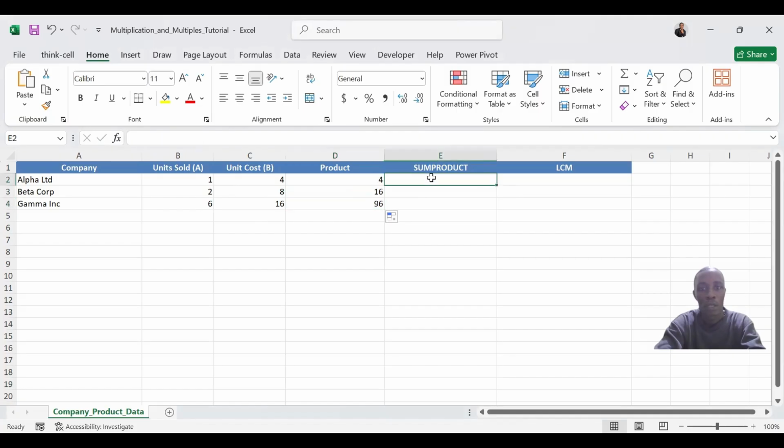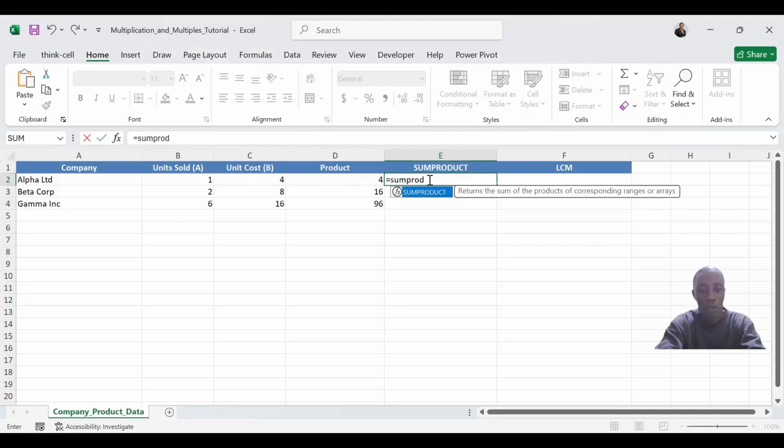Now, let's say I want to take the sum product instead. That is, I want to multiply the values I have in my cell B2 and C2, then add what I have as a result to the product of B3 and C3, and also add it to the product of B4 and C4. So I will use the function SUMPRODUCT,